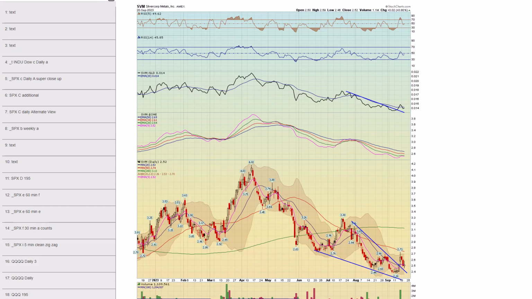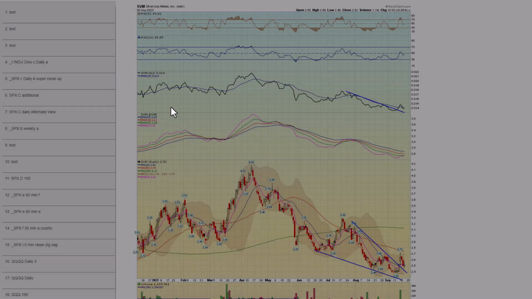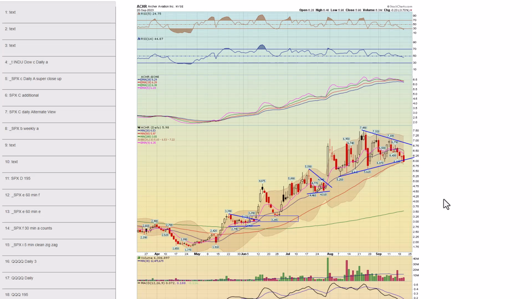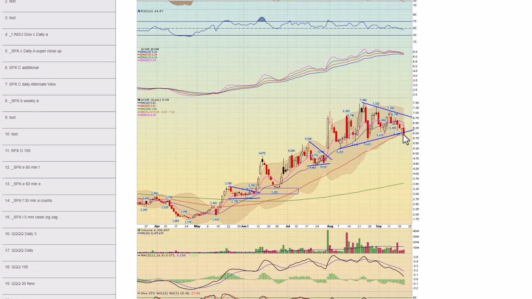All right, let's follow up finally with the rest of the trade ideas. Chart 74, ACHR, it's been on the list for a while as a coil. It's starting to breach the coil now. It closed right on its 50-day moving average. The bulls need to reverse it right here or it's a short.